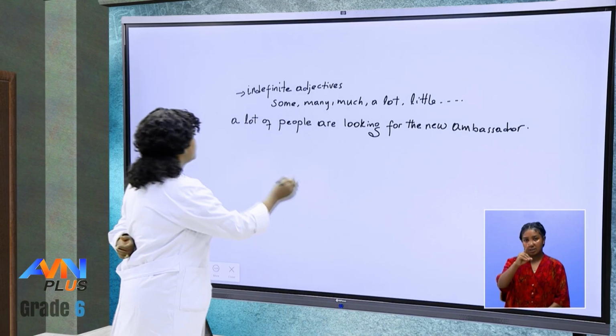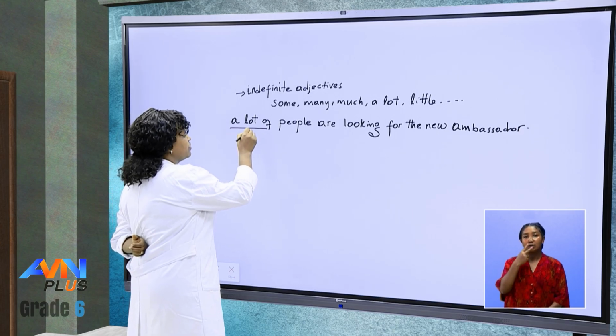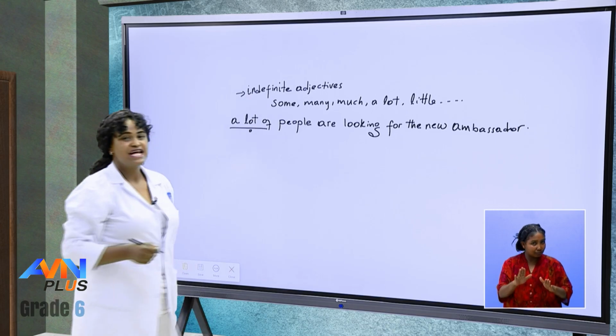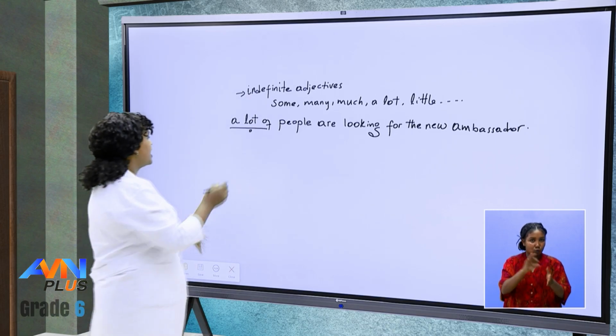Now you are telling about the number of the people but not the exact number. That's why we call it indefinite. Okay, the other, possessive